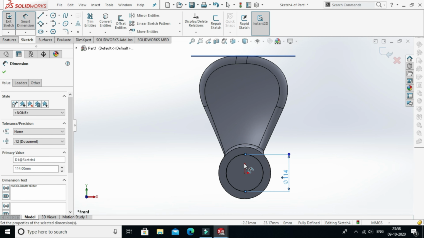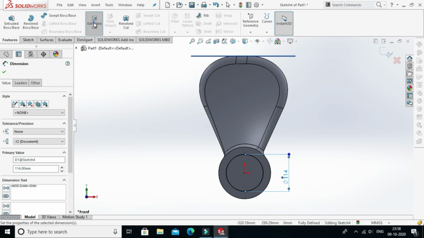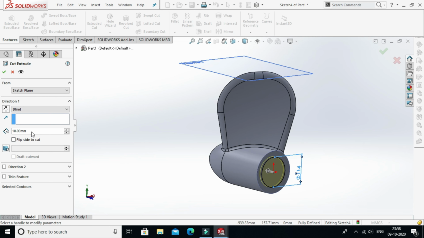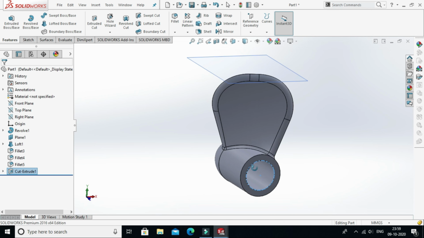Now we need to cut that part. So go to features, select extruded cut. Cut up to 210 millimeter. Then click on tick mark. Make sure that you should select this area.